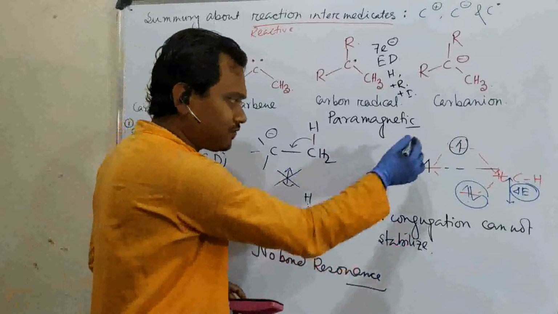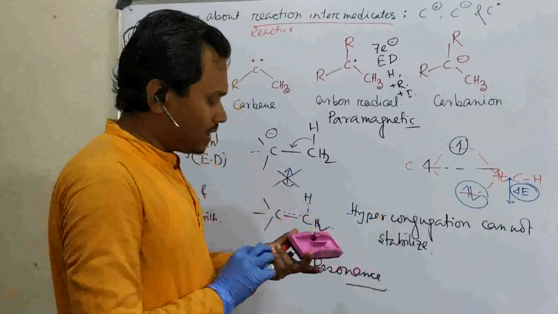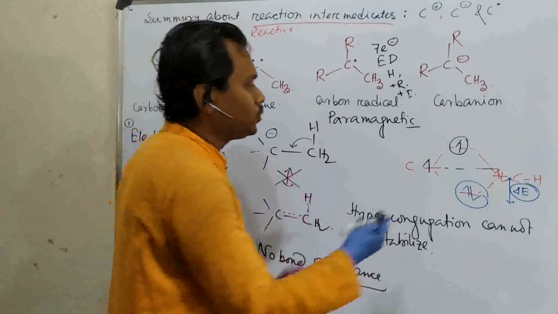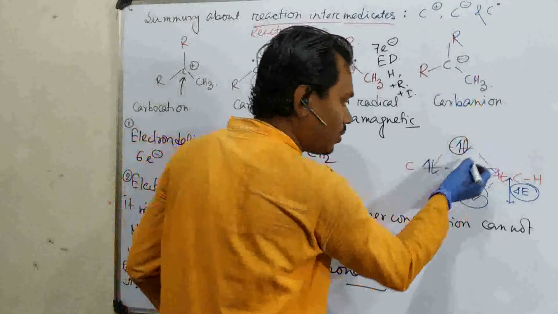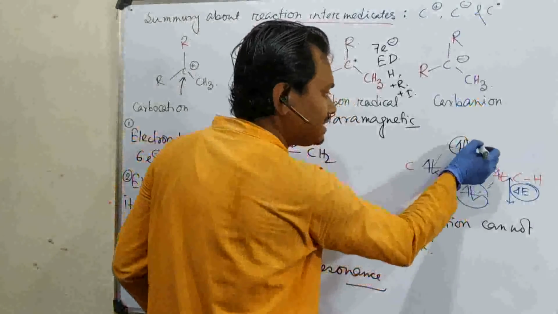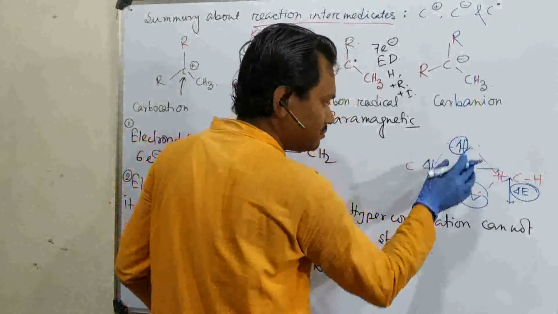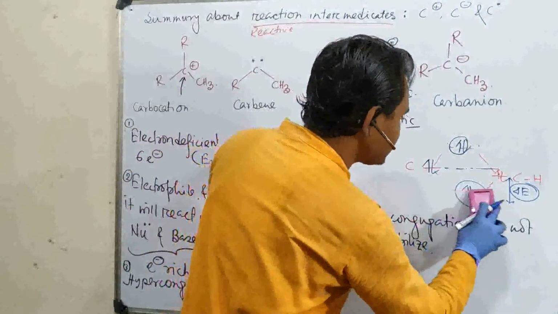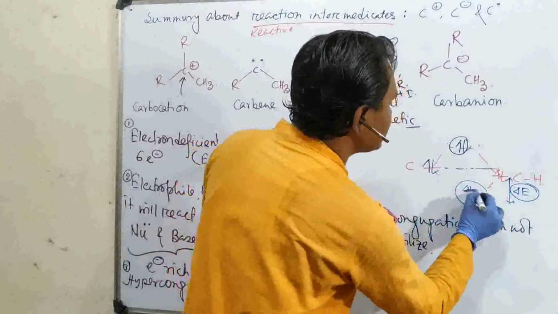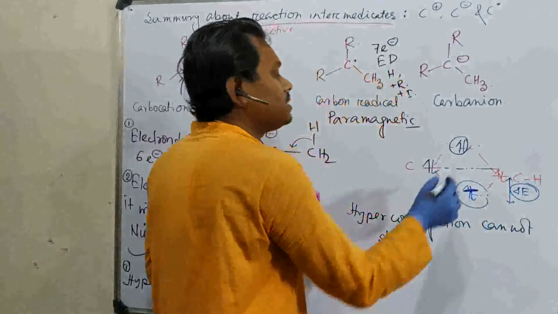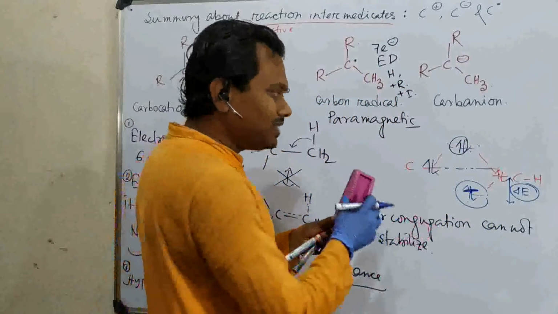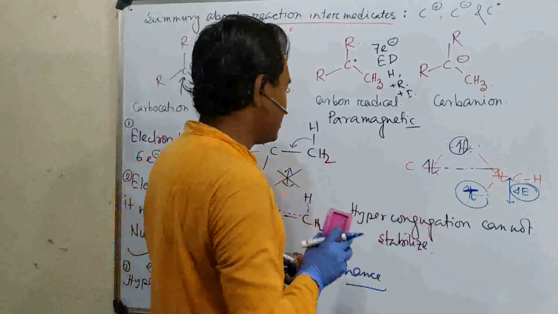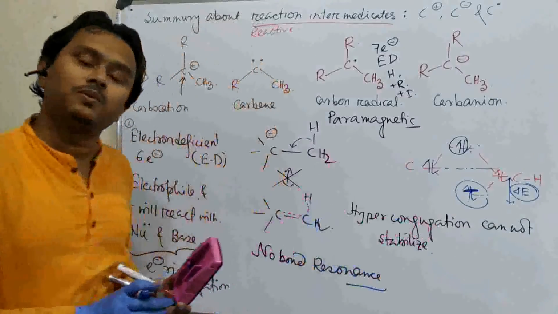Okay. And why, from the MO diagram? How can I explain this? See, if you put another electron, then another will come. Will it be stable? Because, as I told, from this center, this energy is slightly higher than this. From the drawing, I guess it is a little difficult to understand. Let's consider this is the level. So this is slightly higher in energy, which means this conjugation means destabilization. So hyperconjugation is not possible for a carbanion.